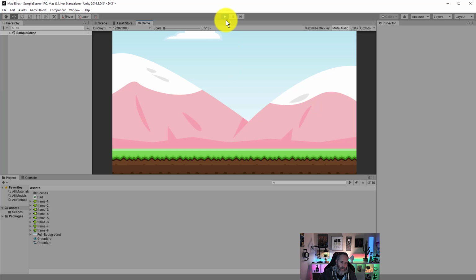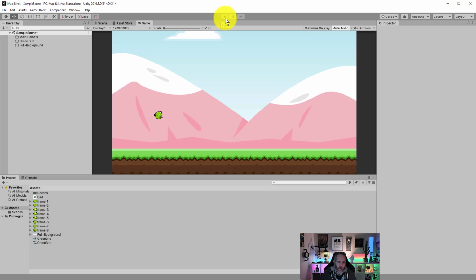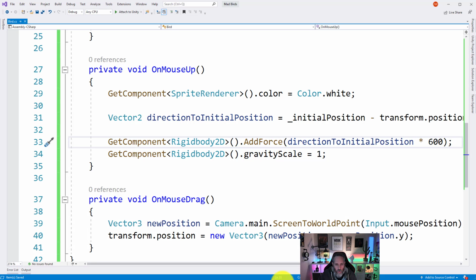You also might notice that launch value is really, really high. So let's talk about how we can turn that down and make it adjustable, and then we'll go in and fix all of the other cases where our bird could get out of range or sit down too long. So we'll go back to our bird script, and what we want to do is change this 600